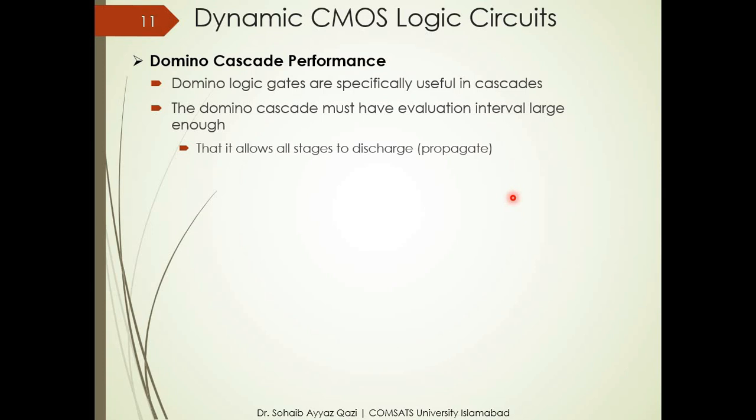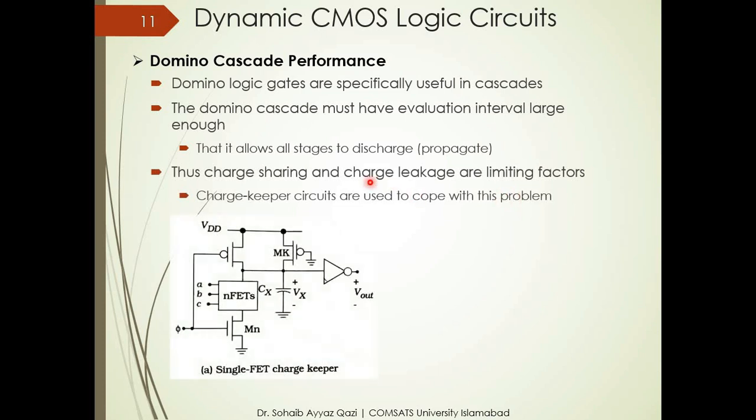Like we have seen earlier, there are two different problems. One is known as charge sharing and the other one is known as charge leakage। These two are limiting factors which basically affect the interval of our evaluation phase।